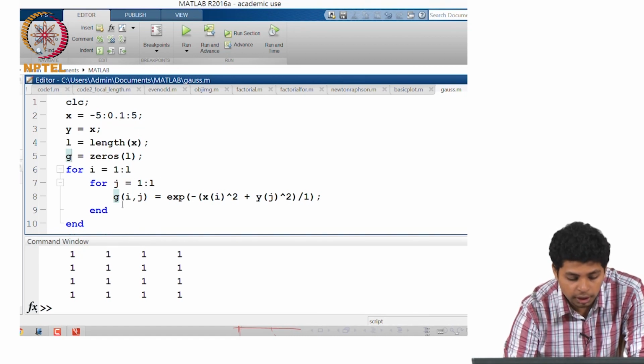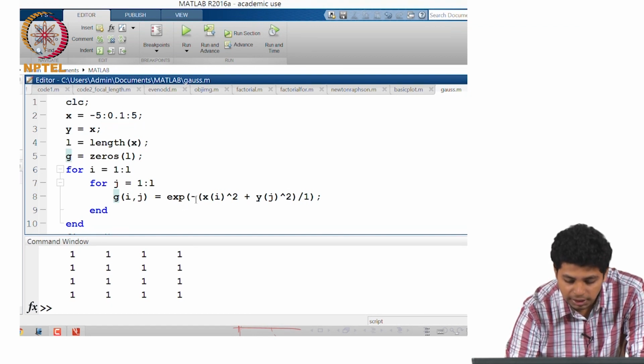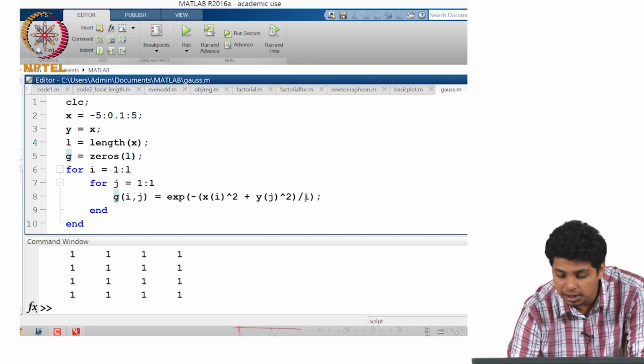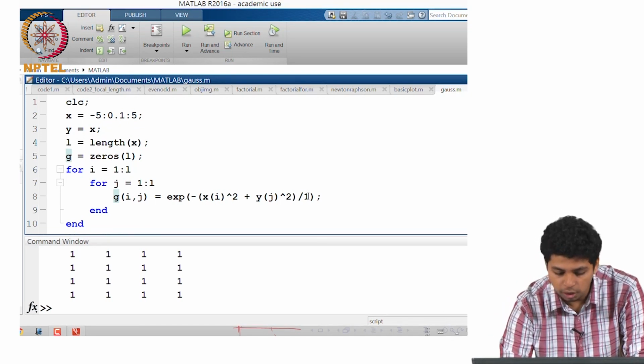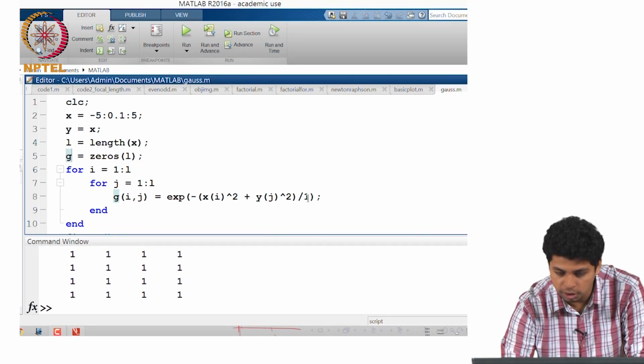Now what we will use this for is G with index i and j. So the ith and jth value of G will be given by exp, which is e to the power. Okay, so this is another function that we can use. It is e to the power bracket minus, and I have calculated this x ith value squared plus jth value of y squared, divided by, I have just put this 1 as our sigma squared. So here our sigma will be 1. Sigma is the standard deviation, or here in this case it will be the flatness or sharpness of the curve. So this is what I've used the value as.